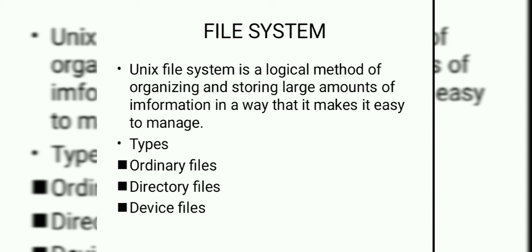A directory file is a binary file used to track and locate other files and directories so that directories containing a large number of file names can be searched quickly. A device file is a special file used for device input and output on Unix. There are two flavors for each device: character and block special files.